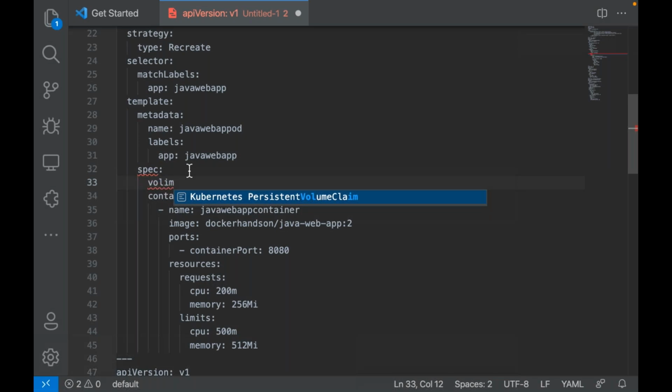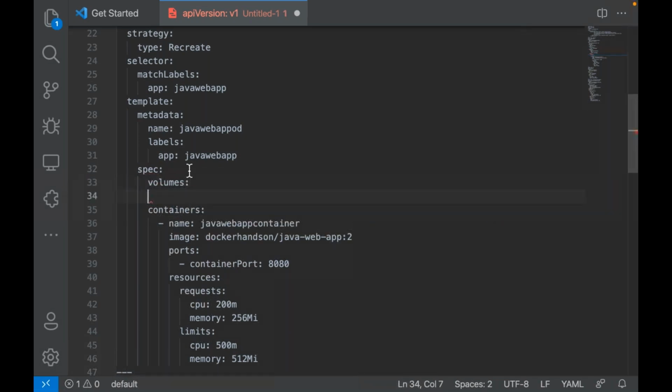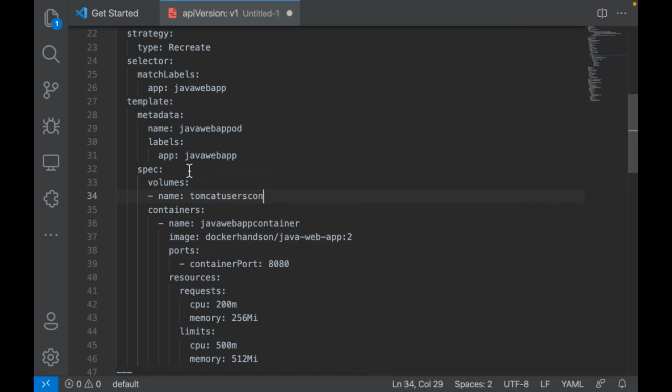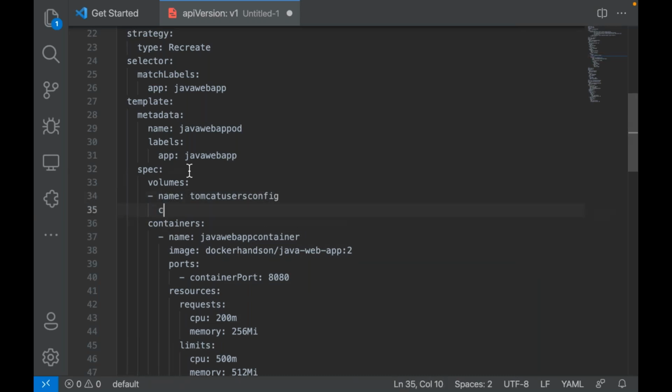Config map as a volume, volumes, name, something like this, tomcat-users-config, some name, volume name. Now here I can say configMap. So here, instead of using persistent volume, instead of using host path, instead of using NFS,